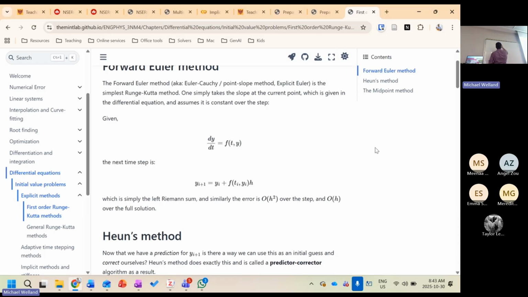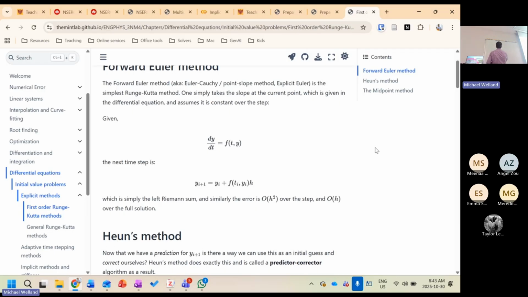If I have dy/dt is equal to, let's throw a constant out there, a times y, right? If a is negative, that's exponential decay. If a is positive, then it's exponential growth, right? No problem. What we're going to do, explicit Euler, forward Euler, is going to say y